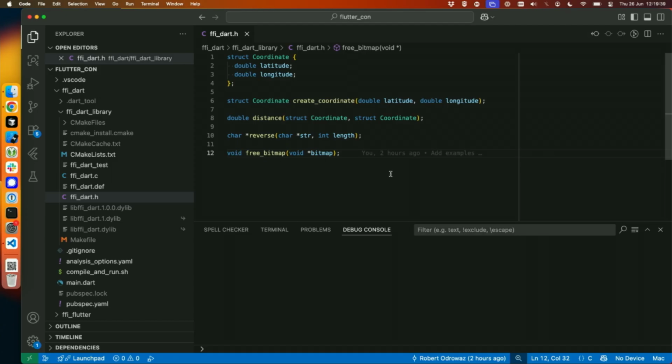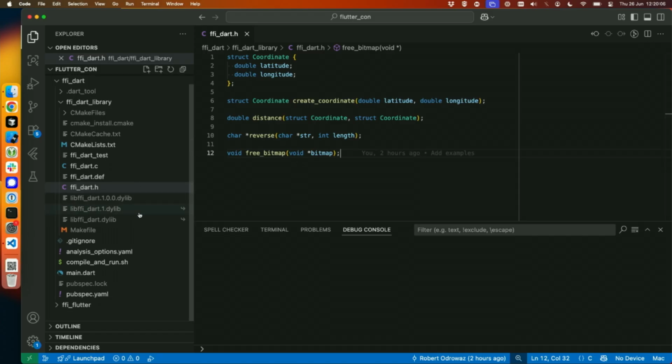samples in some part. So we have very simple library with a struct for a coordinate object. We have some method that takes structs. We have a method that reverses a string, and we have a method that frees bitmap. We can free the bitmap using just a free, but I wanted to have some indication of when this freeing is happening, so this function provides us with that. And on the Dart side, for now we'll skip the part about compiling all of this. Let's just assume we have the